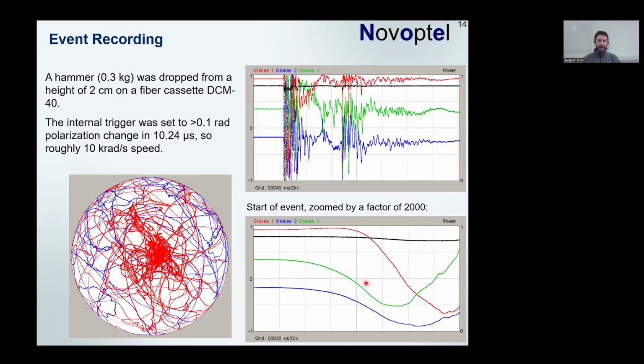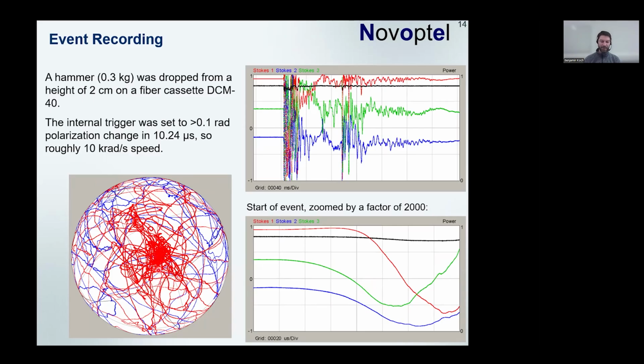So let's look at some results obtained with the polarimeter. This is an experiment from several years ago. We dropped a hammer onto a cassette of DCM fiber where several kilometers of fiber are inside, and the mechanical shock brought the polarization, which was stable before at the front here,